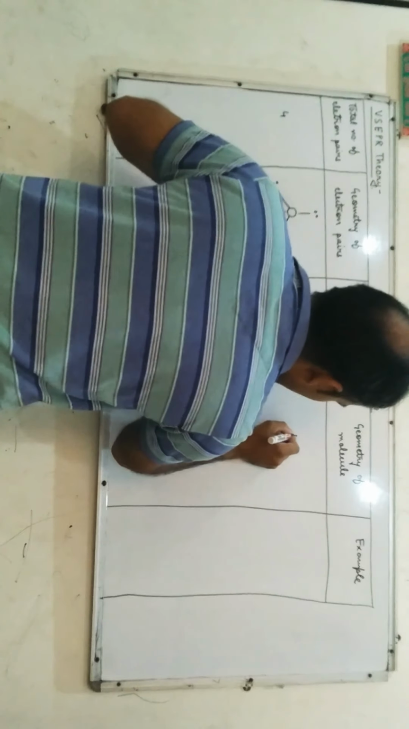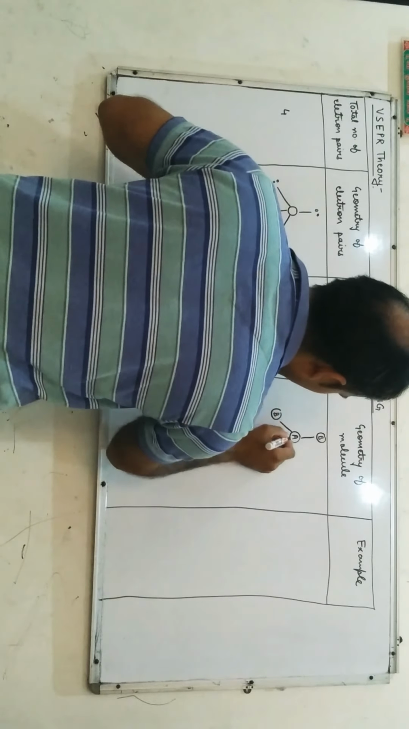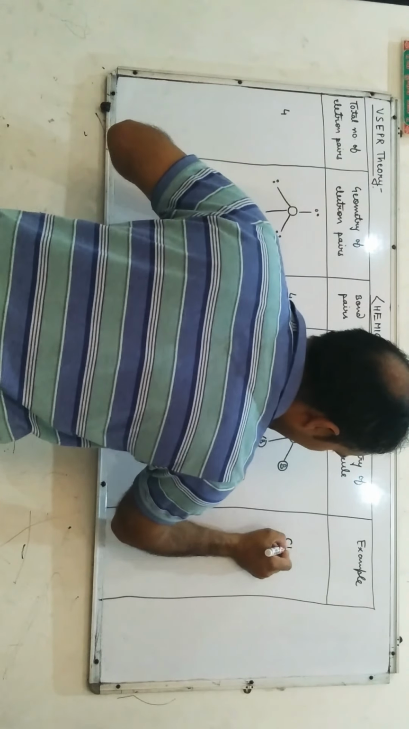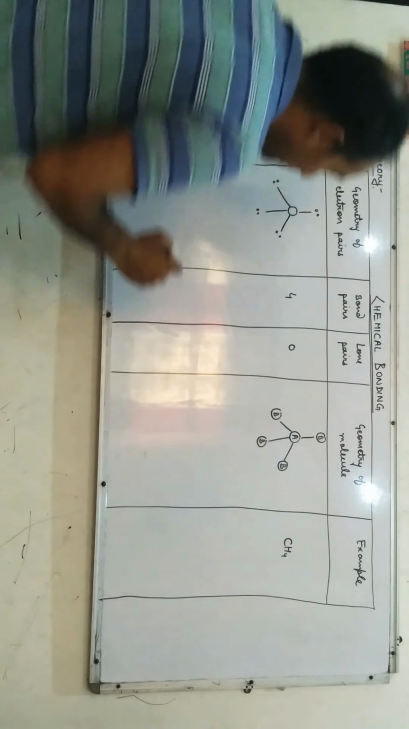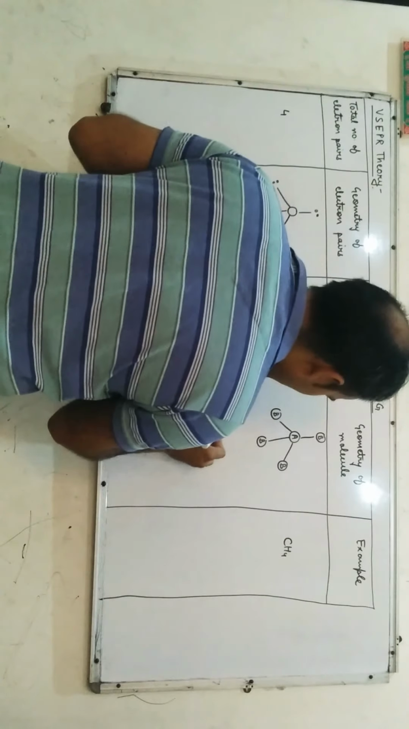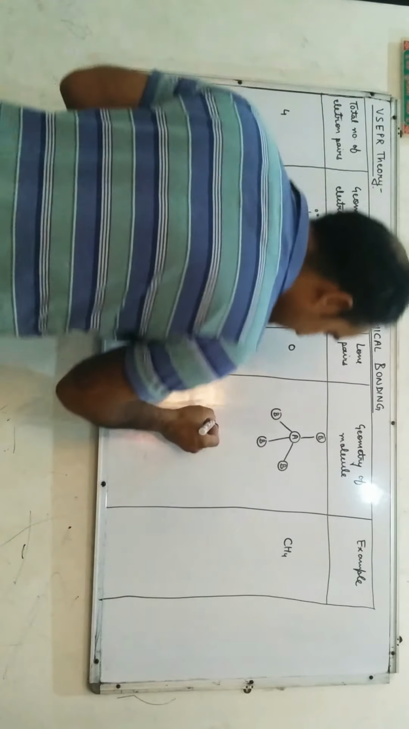Total number of bond pairs are 4, lone pair is 0. The shape of molecule is depicted like this manner. An example is CH4. If total number of electron pair 3, bond pair are 3, lone pair is 1, the shape of molecule is illustrated as